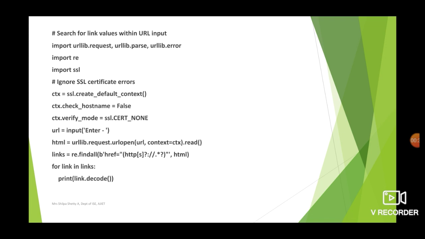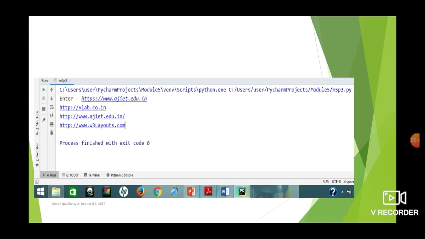Let us see a sample output here. When you run the program, you are asked to enter a particular web page. For example, say I entered here www.ajit.edu.in. When I enter this link, the result shows the links that are available from this page.